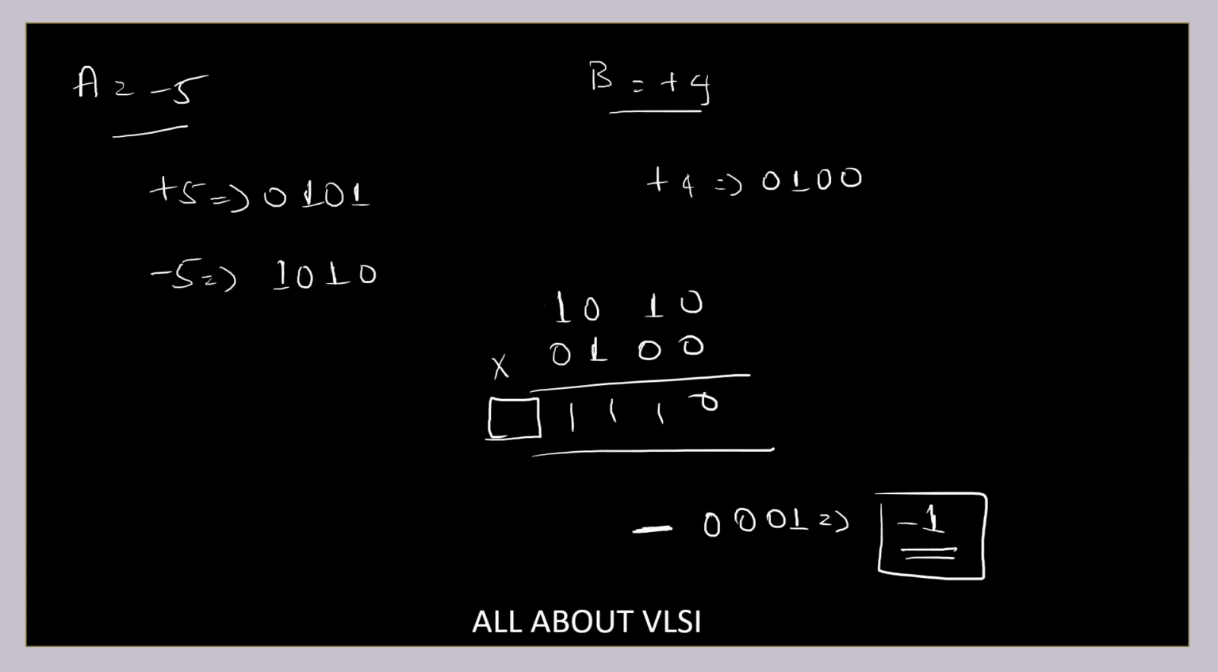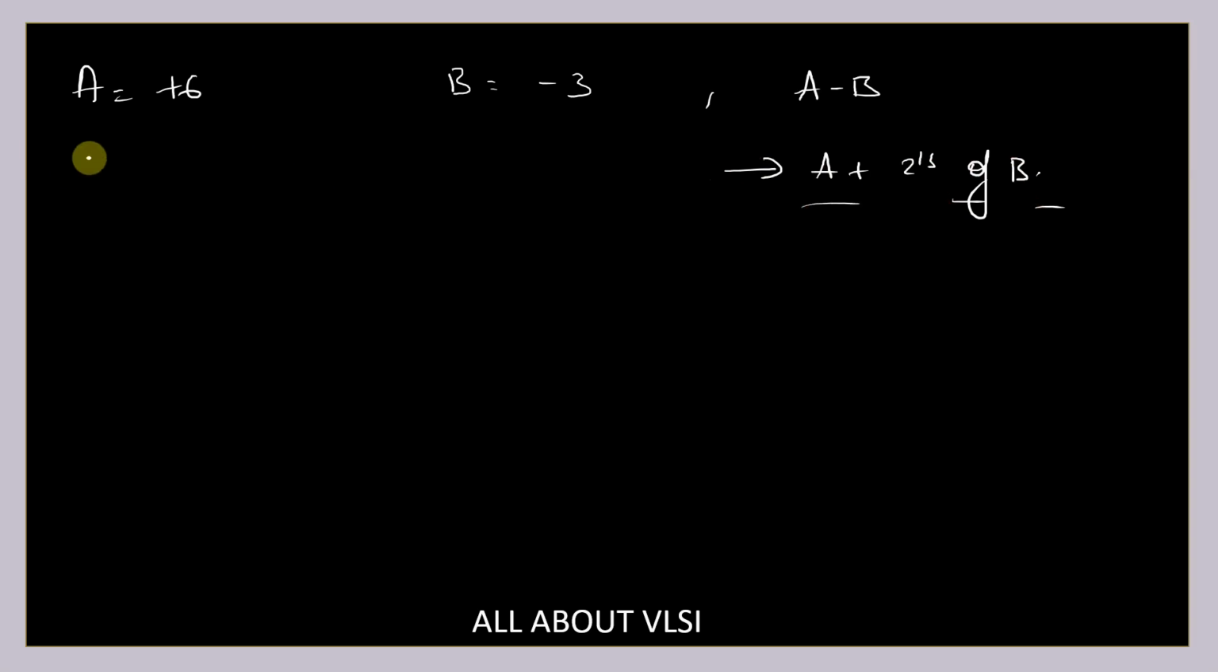Okay, great. Now, let's see the same process using 2's complement format of representation. Let's say I have A equal to plus 6 and B equal to minus 3. Okay. And I need to perform A minus B. So instead of performing A minus B, I'm going to perform A plus 2's complement of B. Now what am I going to get? For representing my A, I'm going to take four bits. So it is 0, 1, 1, 0, and B is minus 3, which in 2's complement is